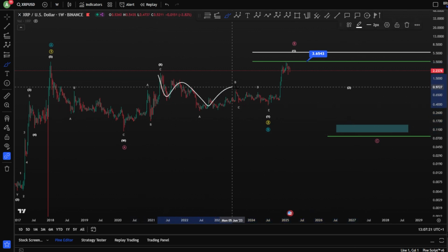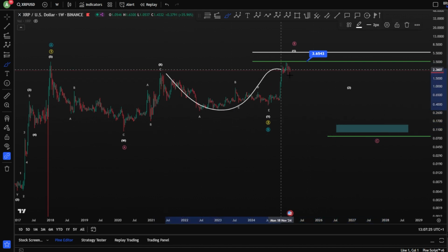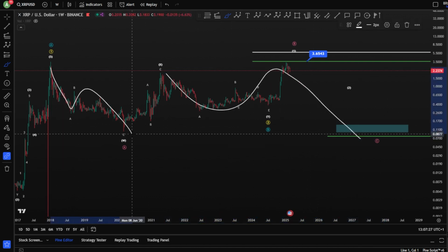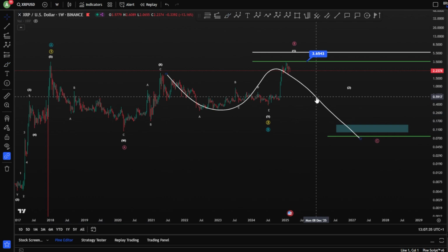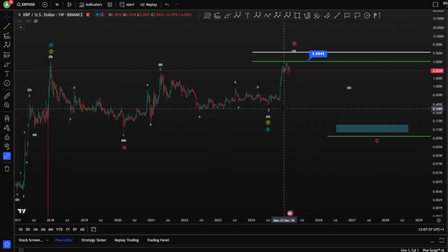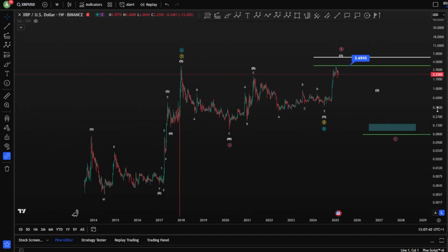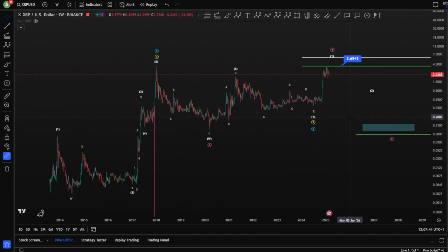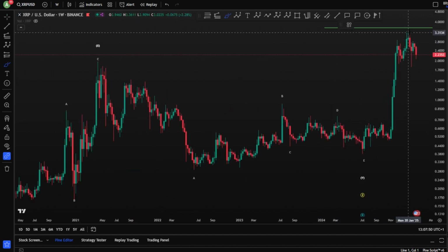Of course, 3 waves down, 3 waves up, 1, 2, 3, 4, 5, finishing an expanding flat for your wave Y after a zigzag for your wave W, zigzag for your wave X. And this is your correction, or this is your bearish market. Yeah, so it's not really nice to see. Of course, we still want to see one more leg toward the upside for XRP, preferably to continue this impulse higher. And if we take a closer look here, we see higher prices